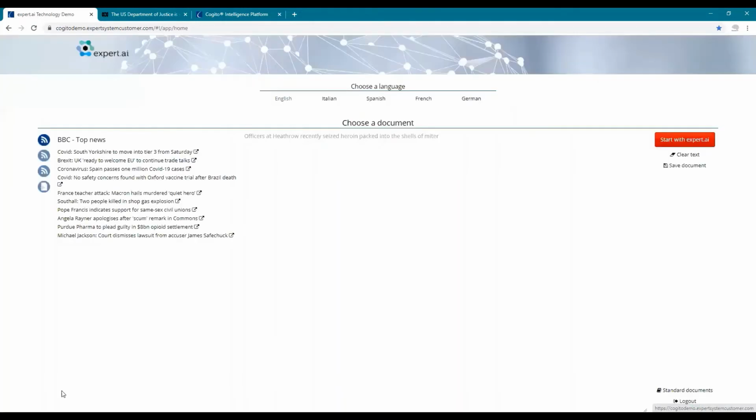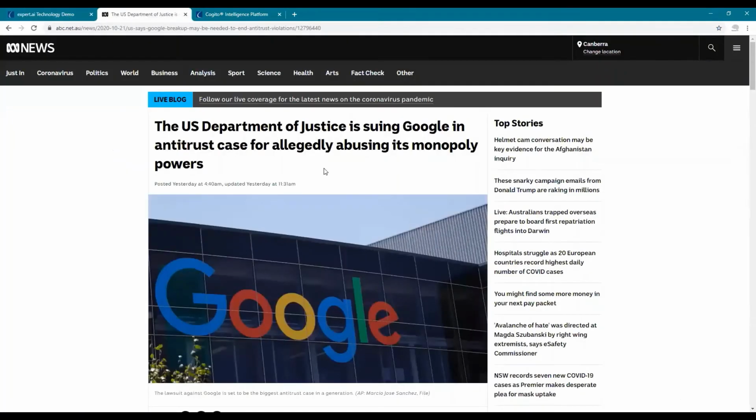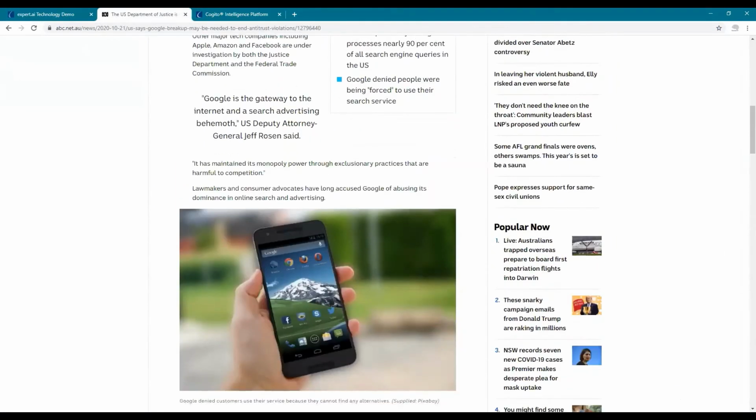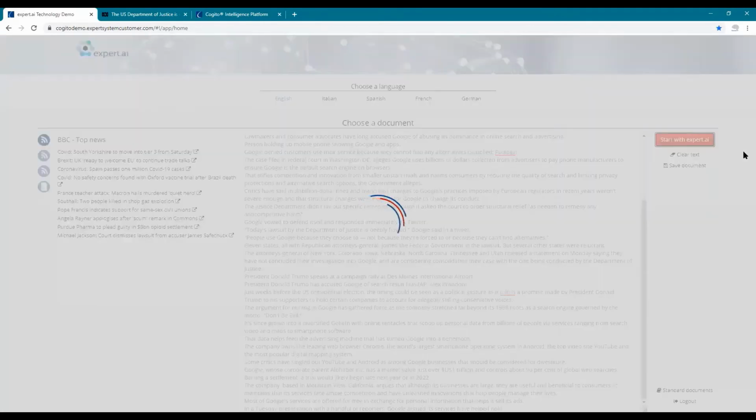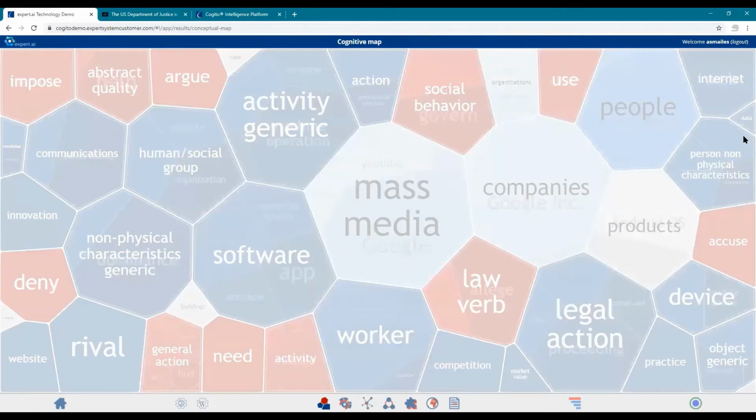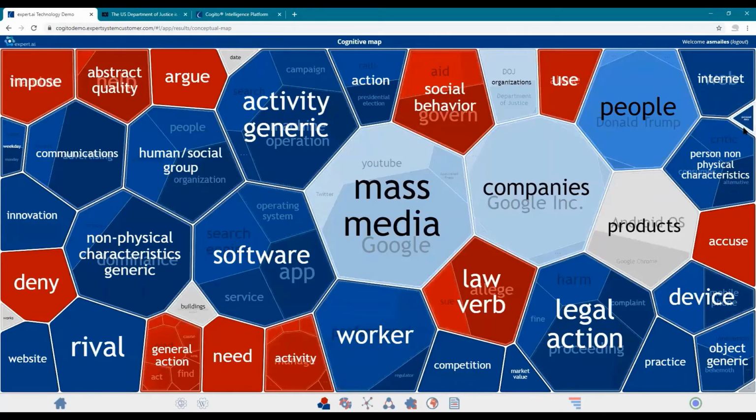So now what I'll show you is what happens if you do a whole article. There's an article in the BBC today about Google. So what I'll do now is process this article, and then we can talk about what it looks like when you do an article. So here is the cognitive map of the article.